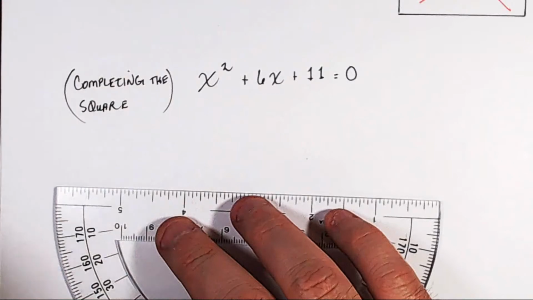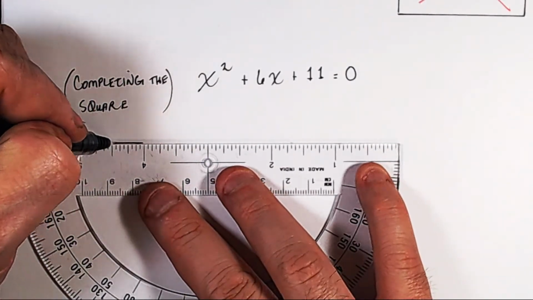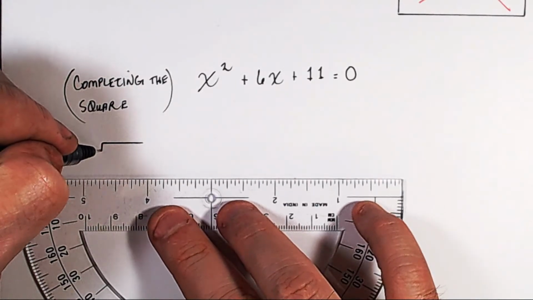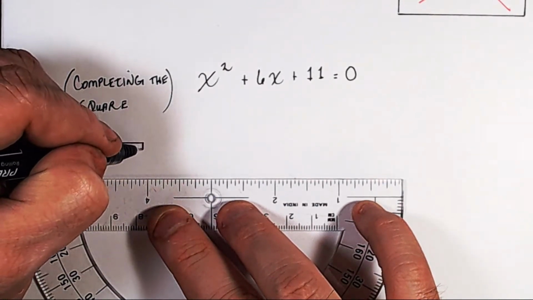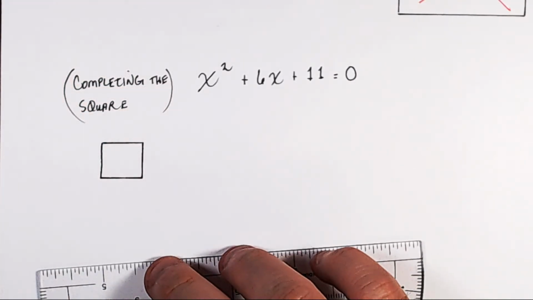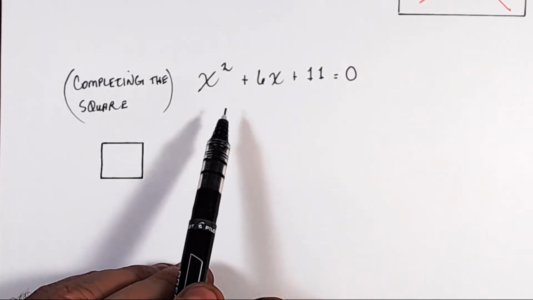So, to complete the square, here's what we're going to do. We're going to draw. Draw yourself a square, and it doesn't have to be a work of art. It doesn't have to be mathematically precise. Just draw a square. Okay, we're going to call that a square. The side lengths of the square